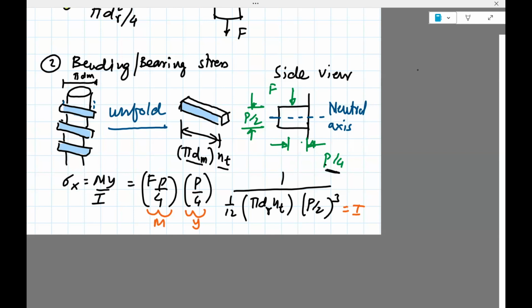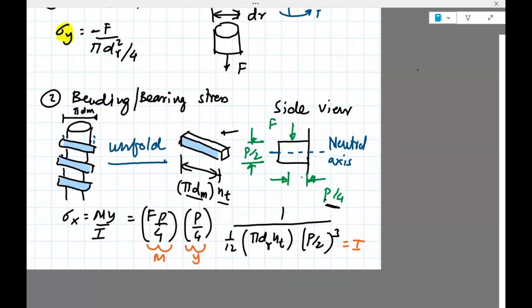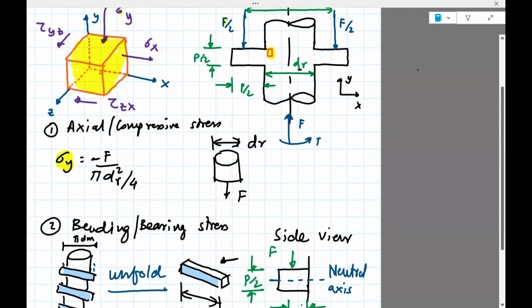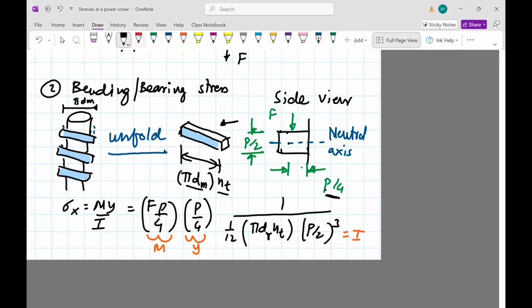Again, that's an approximation. The force in the x direction now, remember this will produce a stress in this direction because it's a bending moment. And so that direction is the x direction. So that's My divided by I. M is F times P divided by 4. Y is the distance from neutral axis. Turns out this is the pitch. So it's pitch divided by 2, sorry. And so then that distance of the neutral axis from the top is going to be half of that, so P divided by 4. And then this is going to be BH cubed,